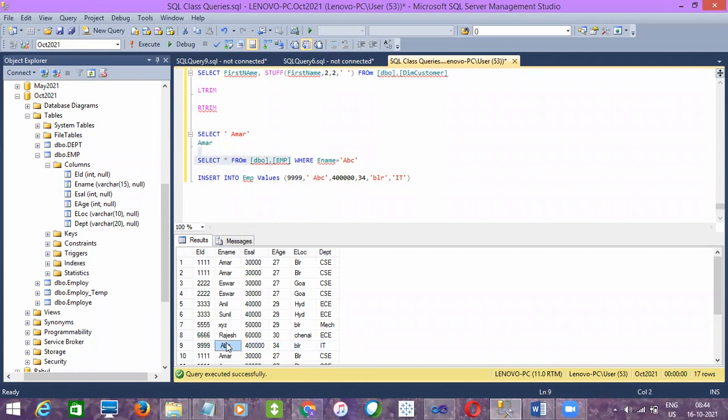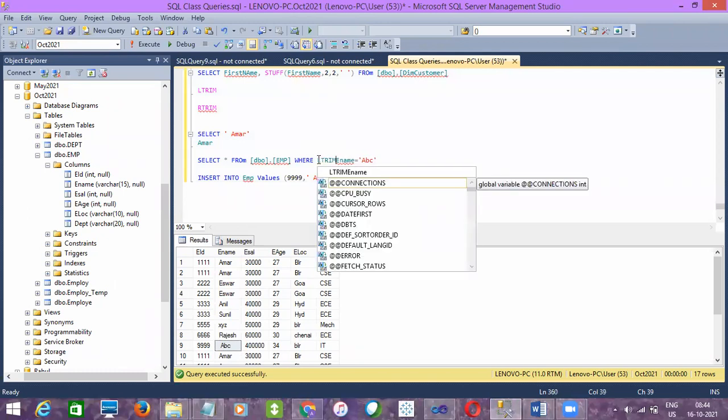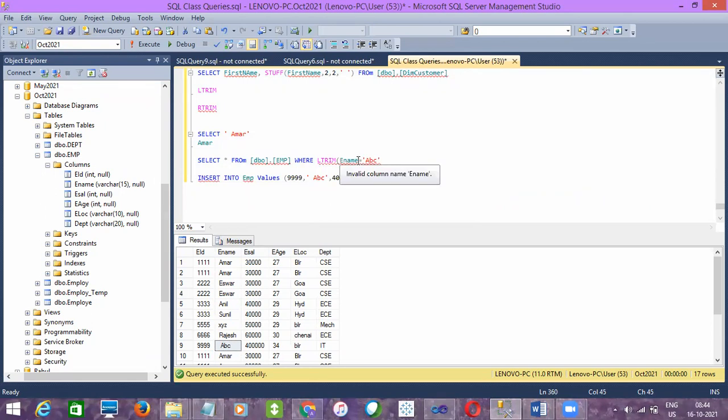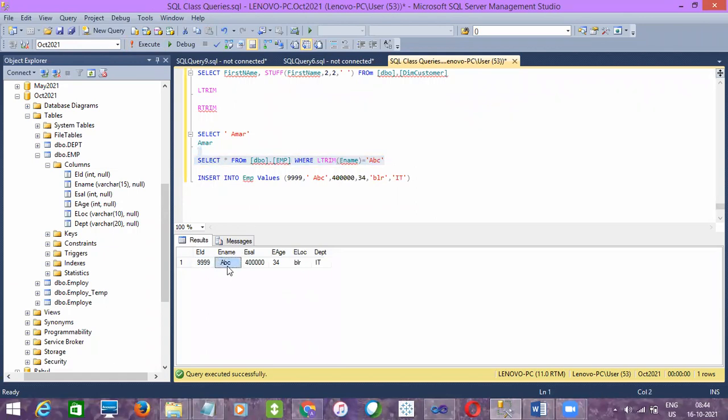So it means there is a gap in the field value. You cannot observe that using the table result set. If you paste it here, you can see there is a gap, right? So to remove those extra spaces on the left side of the string, we'll use LTrim. Let me use LTrim here. Anywhere we can use it, in a where clause filter or whatever, LTrim of this one. Are you getting it now? LTrim will remove the extra spaces on the left side of the string.